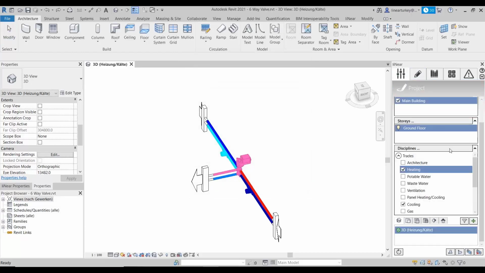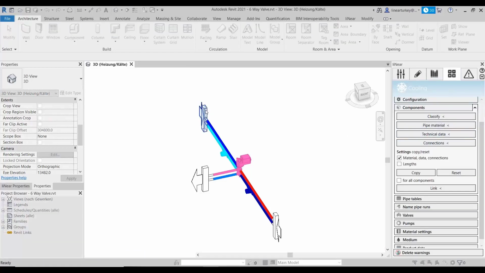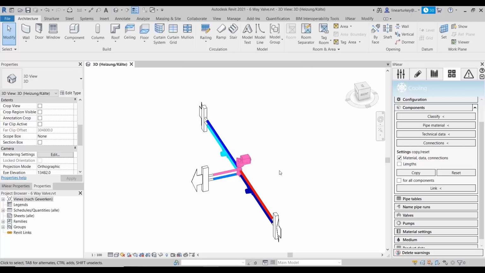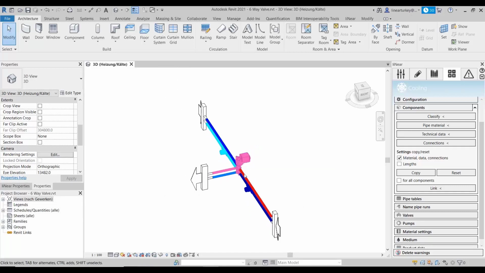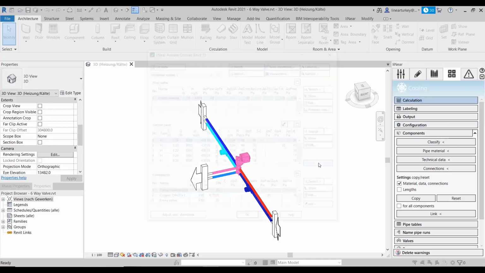And for the other one, we go to the cooling discipline. And as you see, supply water 4 degrees and return water 10 degrees of temperatures. And the Sixway Valve is connecting these three circuits to the main pipe network. And if we apply calculation,